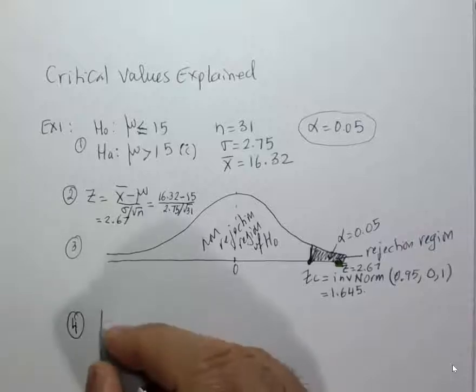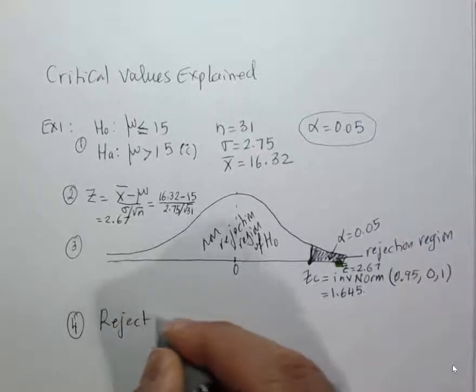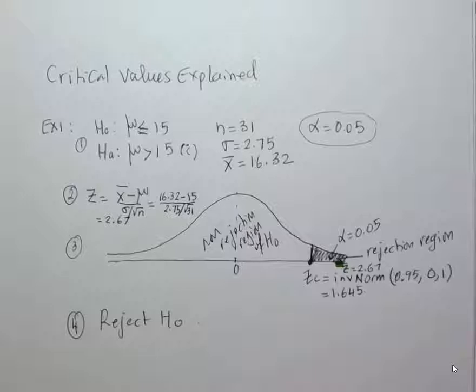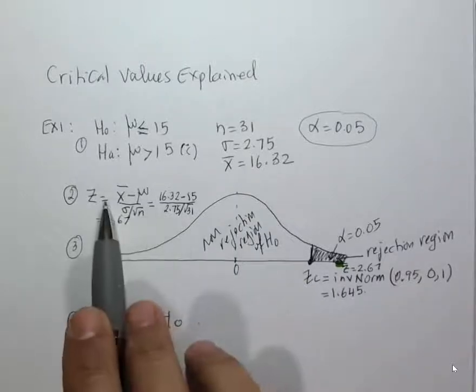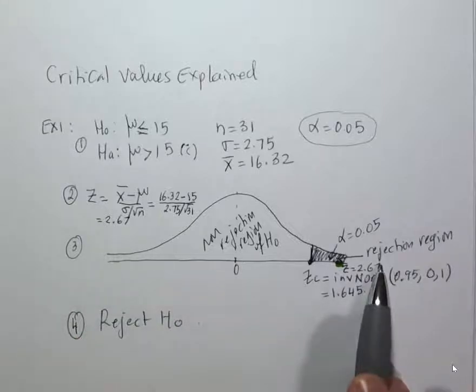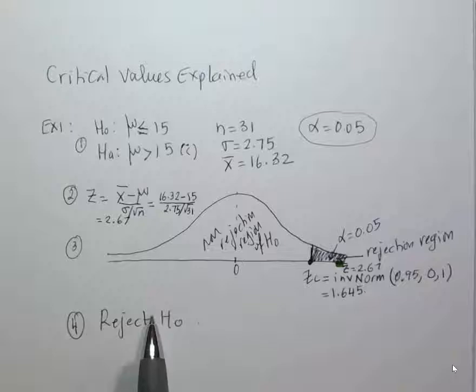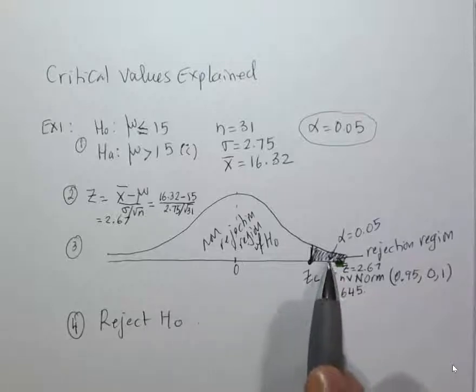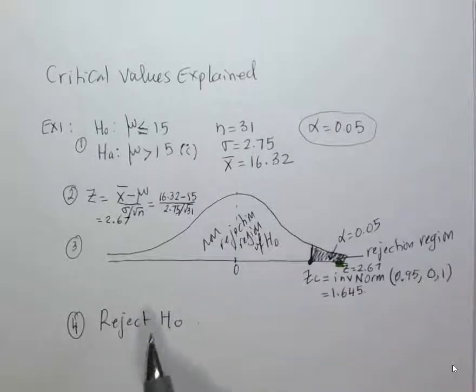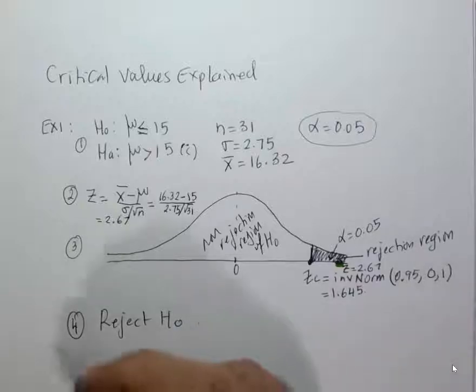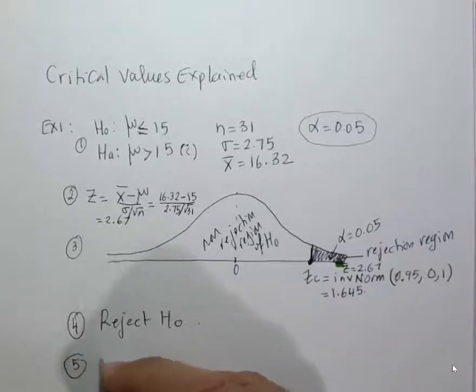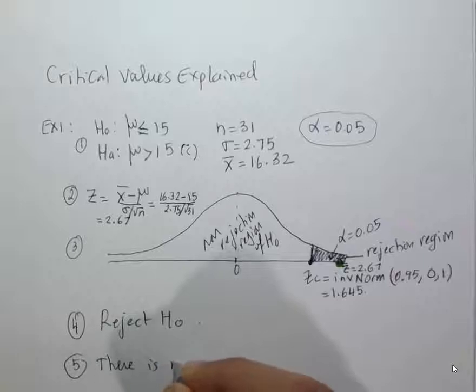So what's your decision going to be here? Reject H0. So all you have to do, once you find the critical value, is go back to step number 2 and put it on the number line. If this number turns out to be in the rejection region, you say I reject H0. If this number turns out not to be in the rejection region, you say I fail to reject H0, and you proceed from there. And step number 5 will be, there is enough